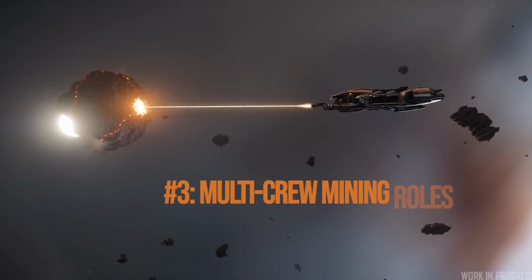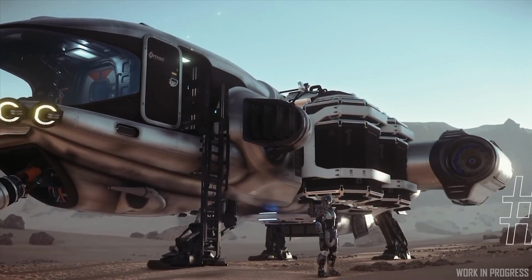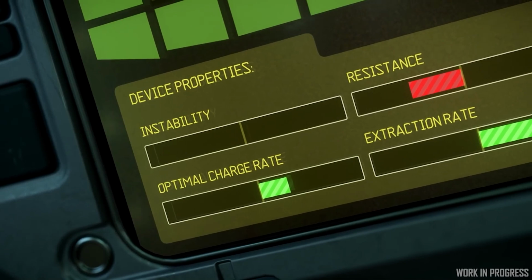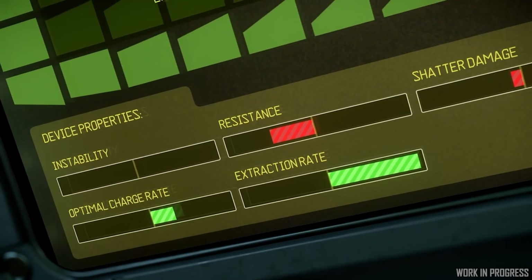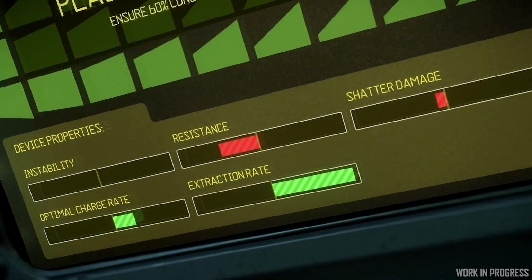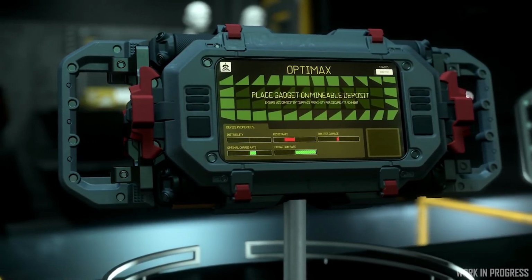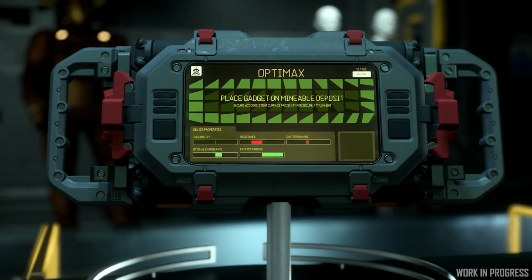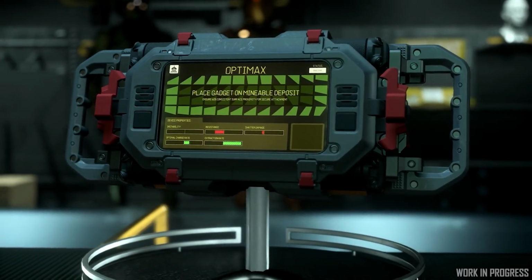Another important role could be the scanning operator, responsible for finding and identifying high-value mineral deposits. This player would use advanced scanning equipment to ensure that the mining crew is targeting the richest deposits, making prospecting more engaging and giving it more depth. The cargo operator will be in charge of managing the ship's storage, ensuring that extracted minerals are properly stored and ready for transport. This role could involve planning storage strategies, jettisoning excess or unwanted material, and coordinating with the pilot